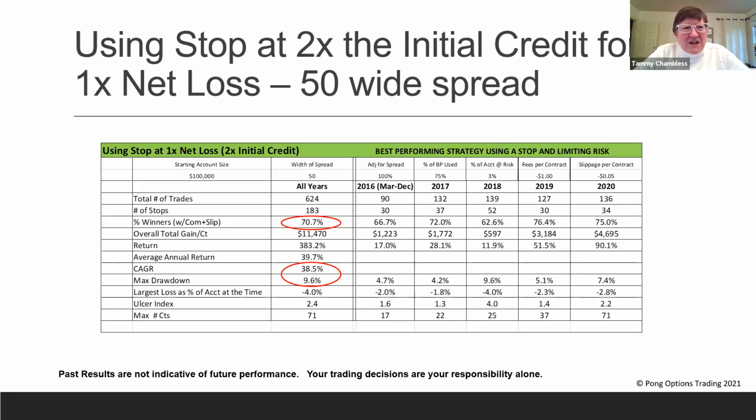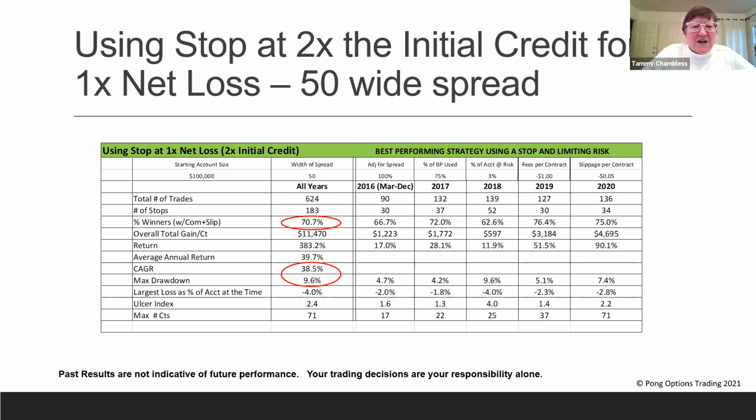This strategy uses a stop at 2 times the initial credit. So it's a little less than you may be used to at 3 times the initial credit. But what we found is it gave the best results using PONG. Now, the win rate seems low at 70%, but the CAGR, the compounded annual growth rate, is more than twice what you get with